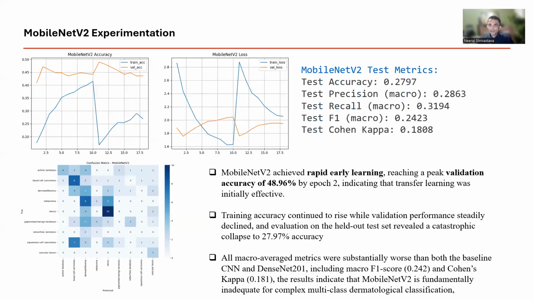Now, moving on to MobileNet V2 experimentation, it didn't really perform well on this dataset. Looks like it's not designed for this type of classification. Test accuracy is 27.97%. MobileNet reached a peak validation accuracy of 48.96% by epoch 2, indicating that transfer learning was initially effective. It continued to rise and then steadily declined, and evaluation on the held-out test set revealed a catastrophic collapse to